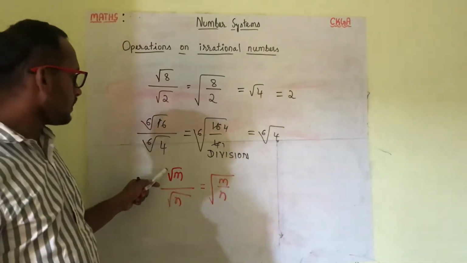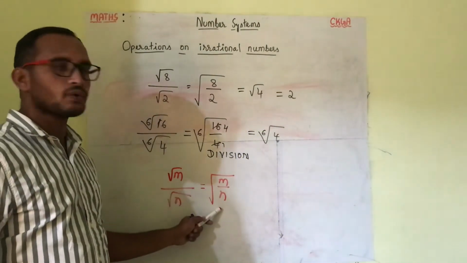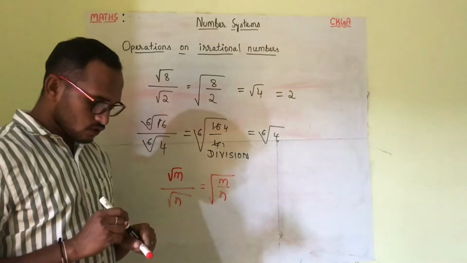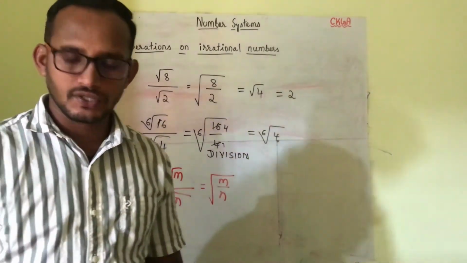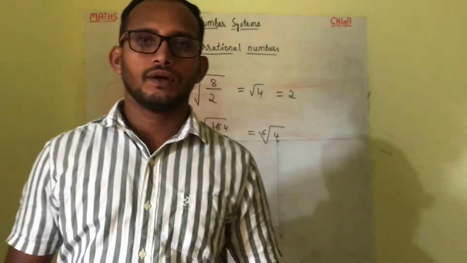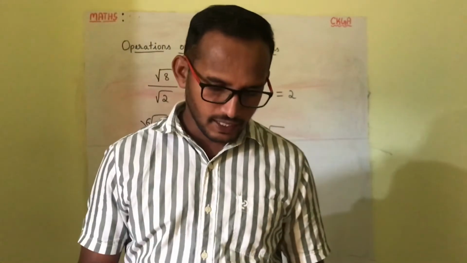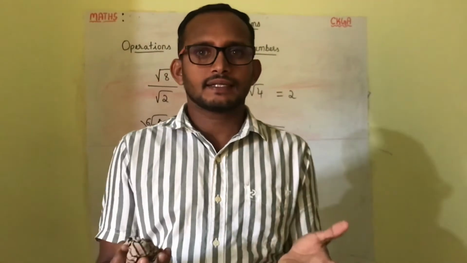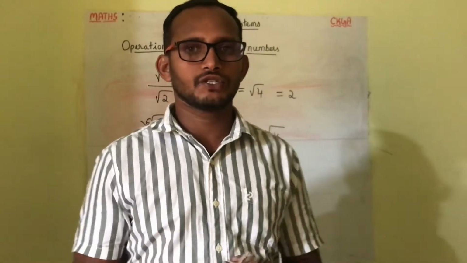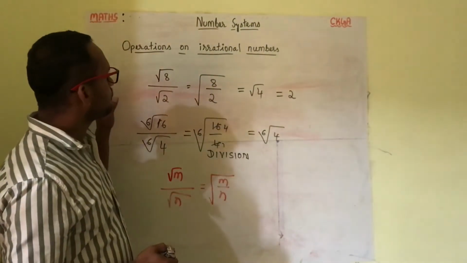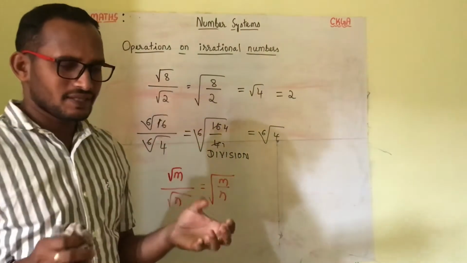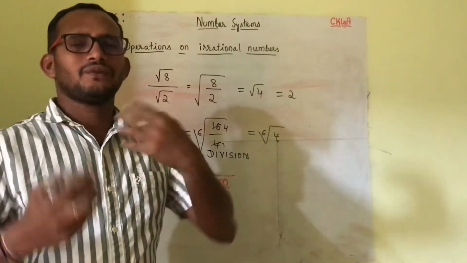So finally, root m by root n can be written as root of m by n. These four operations are very helpful for calculation purposes. In some odd cases, the author can say it takes some deviations. Suppose what the deviations are? Often there will be a lot of confusion.